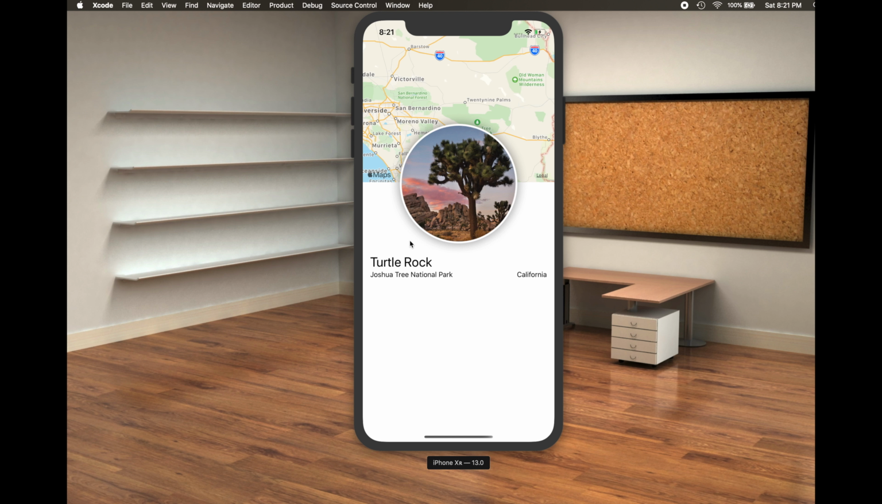It's basically an application that shows a landmark, Turtle Rock, which is a national park in California, and we will go into Xcode to go over what we need to visually create this application, exactly how it looks, using SwiftUI. Okay, so let's start off by going to Xcode